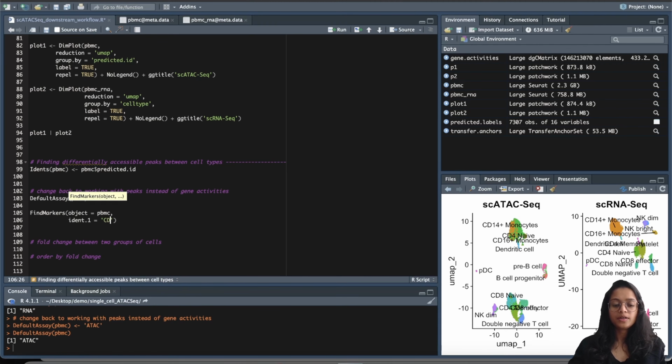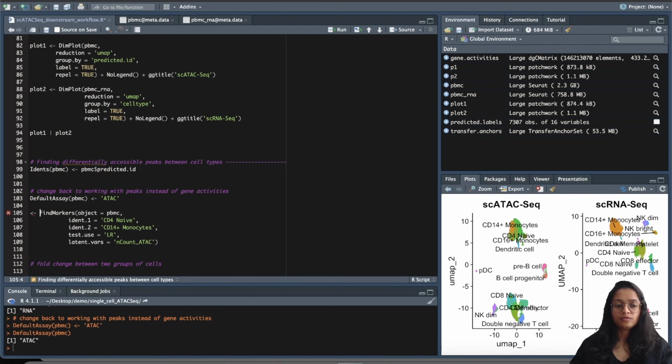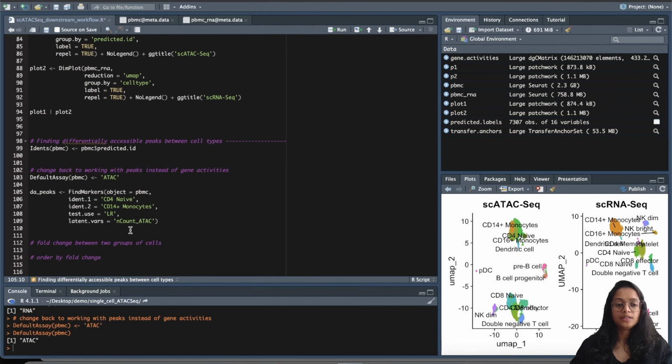So we want to compare CD4 naive and CD14 monocytes. We are using the number of open fragments, the counts for ATAC, and let us store this in another variable called DA peaks,